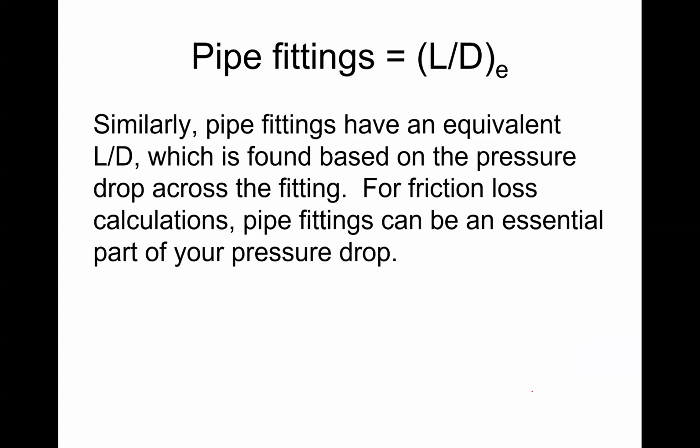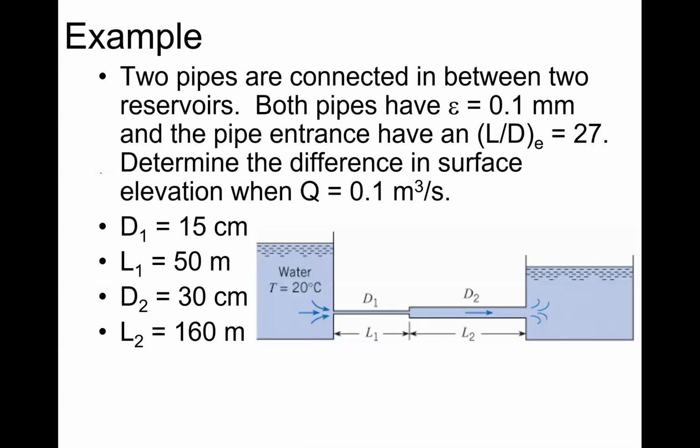We're going to assume that the pipe fitting has a length over diameter equivalent. It is essentially saying, in the last problem, we had 6,000 feet of pipe. And let's say that I add an elbow, and we say, well, that elbow is the same as having an extra 100 feet of pipe or something like that, right? But not only length, but length over diameter. And so